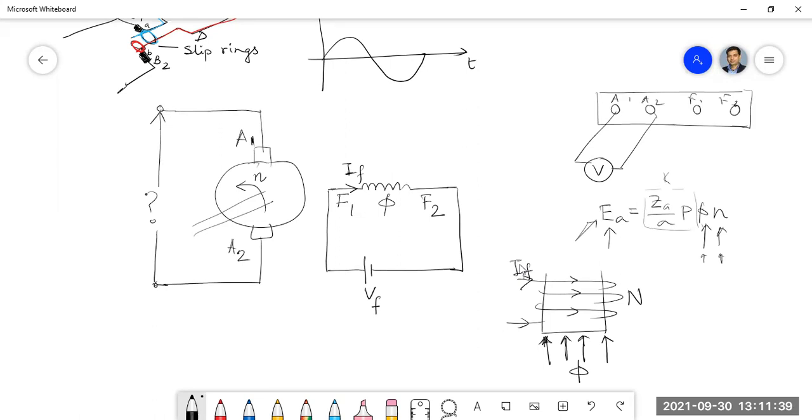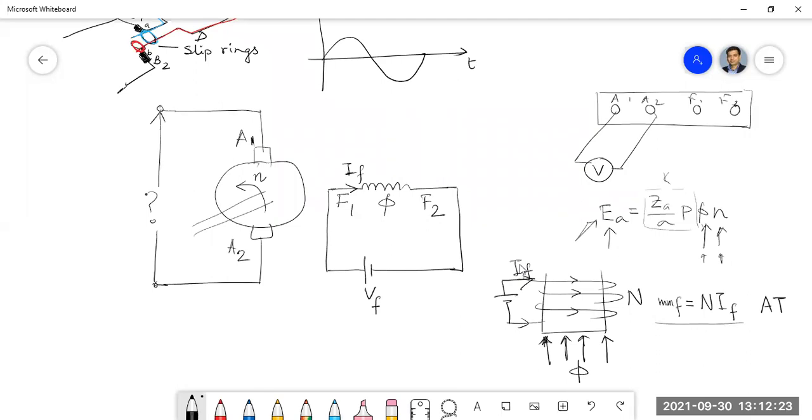Ampere turn. The flux has a different unit, that is Weber, upon reluctance. So that means first it will generate an MMF, which is N into I_F, having the unit of ampere turns. If the current flows through the field coil, it will first generate the MMF, magnetomotive force, which is the product of the number of turns and the field current. The unit is ampere turns or AT.